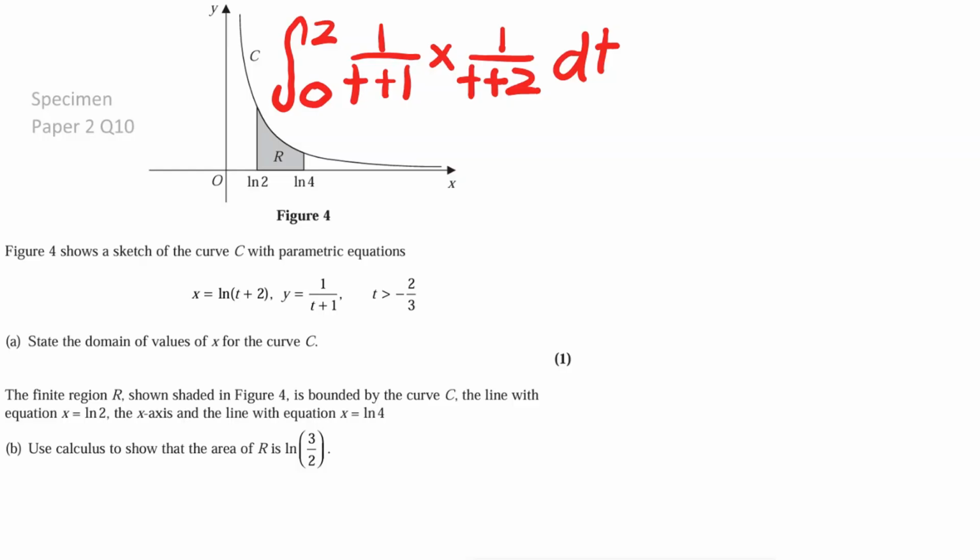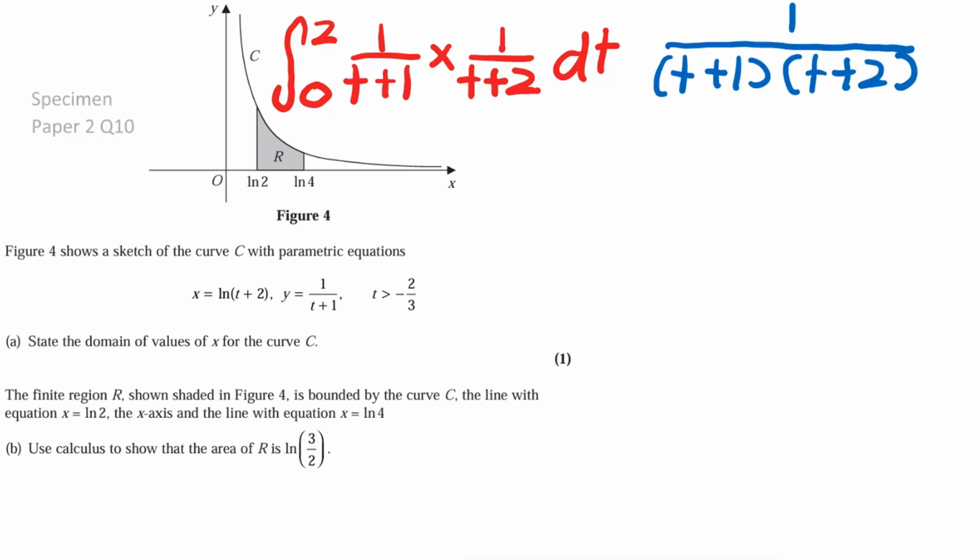Okay, so now we need to go about integrating this function here, this 1 over t plus 1 multiplied by 1 over t plus 2. Now we can rewrite this like this here, where it's 1 over t plus 1 t plus 2. Now this here we cannot directly integrate, however we've talked about how to integrate functions like this in the integrating using partial fractions video. So go back to that if you need a reminder,